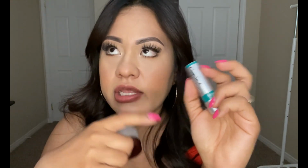It's just a chapstick. I get it at Walmart, or you can get them in bulk from Amazon. But I think any chapstick would do, but that's just what I do before I apply, especially matte lipsticks. I just feel that they glide on smoother, so your application just looks a lot better. When you get all that dry skin off your lips, it just comes out smoother and it looks nicer. So let's get started, and I'm going to start with